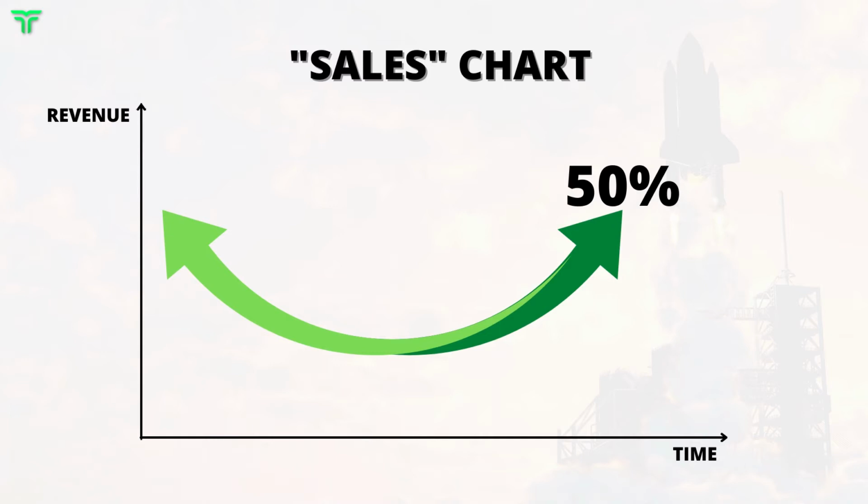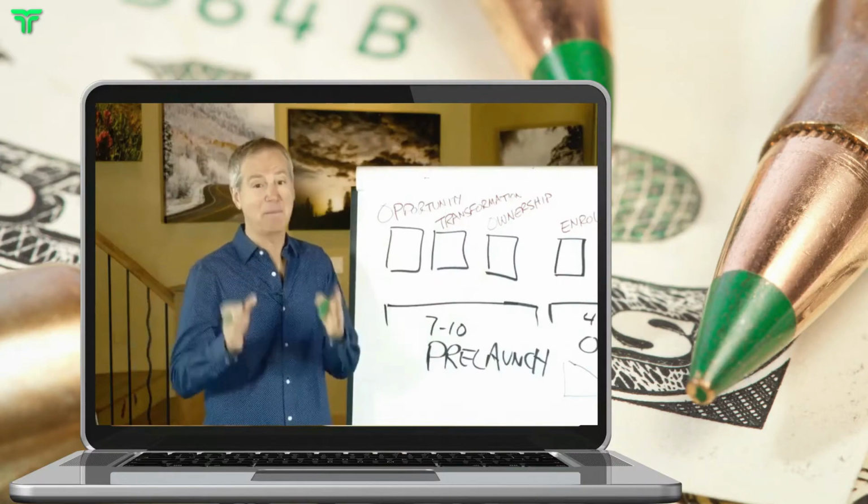If this is a chart of your sales, day one will typically be pretty high because you'll get all the emotional people that are very excited about it. And then that will drop off midweek, and then it'll spike through the roof on the last day. Often 50% of your sales come on the last day because of that scarcity trigger. But you absolutely have to have some negative consequence if people don't buy.